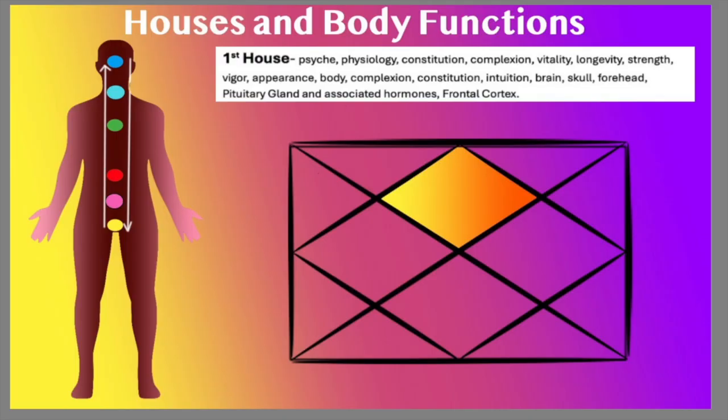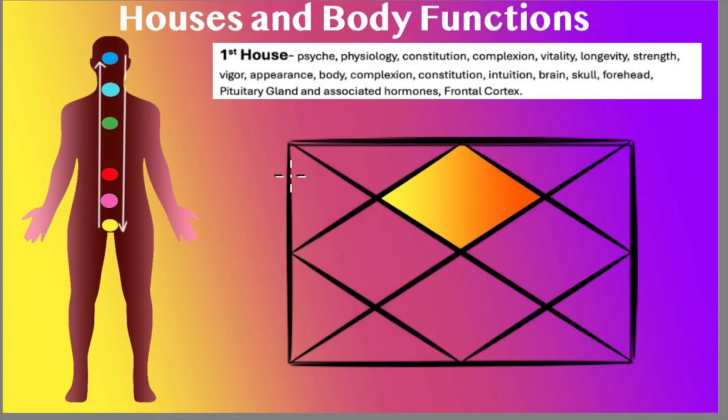Because unless we know the basics of which house is which body part, before we get into the Vata, Pitta, Kapha analysis part of it, we need to understand the bodily functions, obviously. So let us begin with the first house. What does the first house stand for? The entire body, actually. The first house is your entire bodily function. So it covers everything, entire physiology, you might say. Okay? That's the first house.